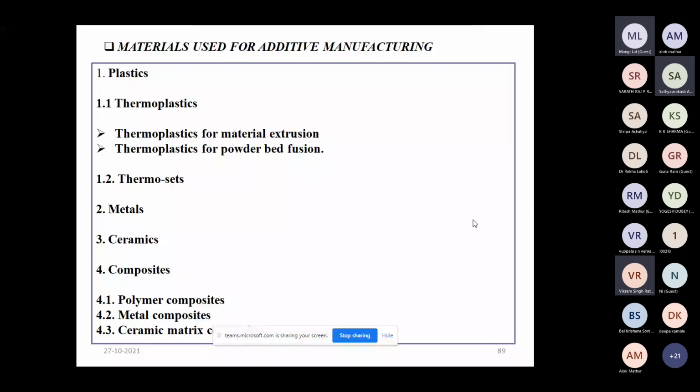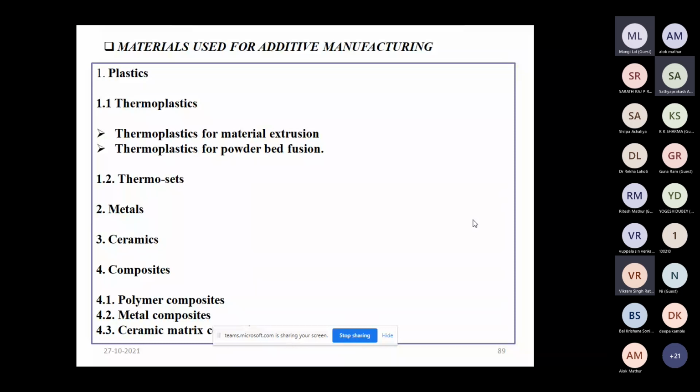Once you decide the application, then only you can decide what kind of technique to select. So we can say that additive manufacturing techniques are application based. You have to identify the application, then the process, and then what kind of material you can use, and also the compatibility of that material with that particular technique.